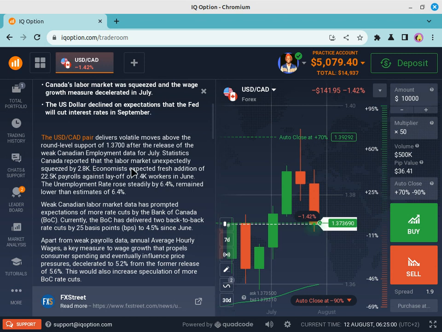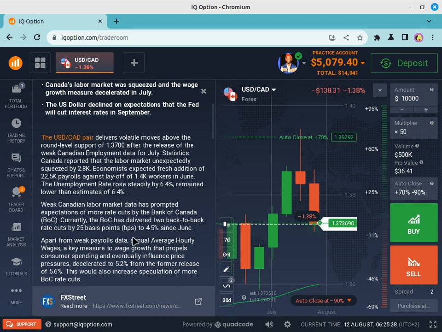Canada reported that the labor market unexpectedly squeezed by 2,800. Economists expected a fresh addition of 22,000 payrolls against a layoff of 1,400 workers in June. The unemployment rate rose steadily by 6.4% and remained lower than the estimate of